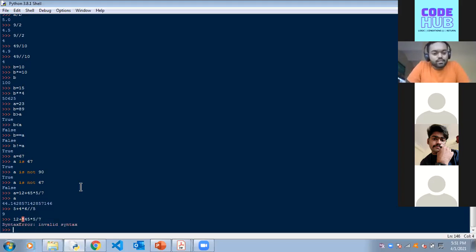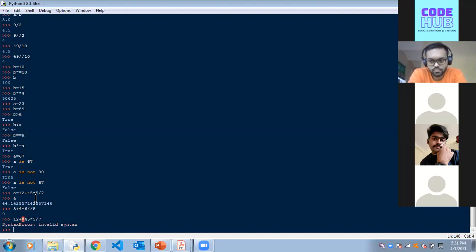See, we can't put two operators side by side. See, here 12, 45, 5 and 7 are called operands, and the plus, star and division are called operators. There is always a necessity that when you write two operands, there should be an operator in the middle.